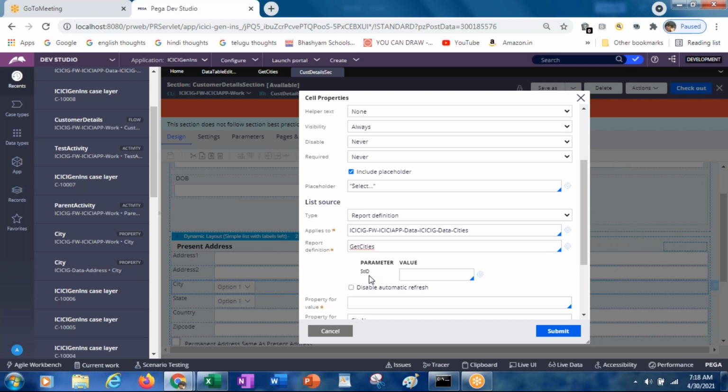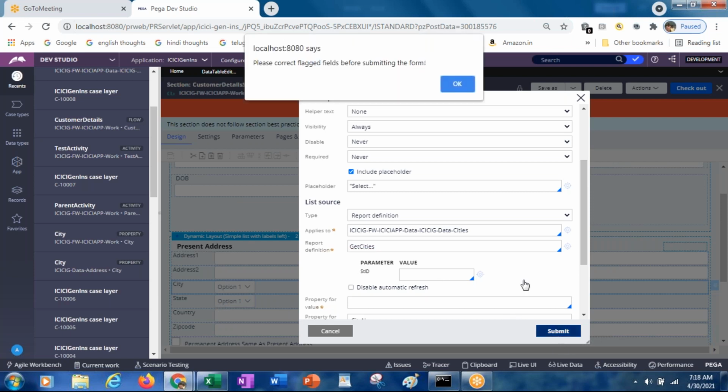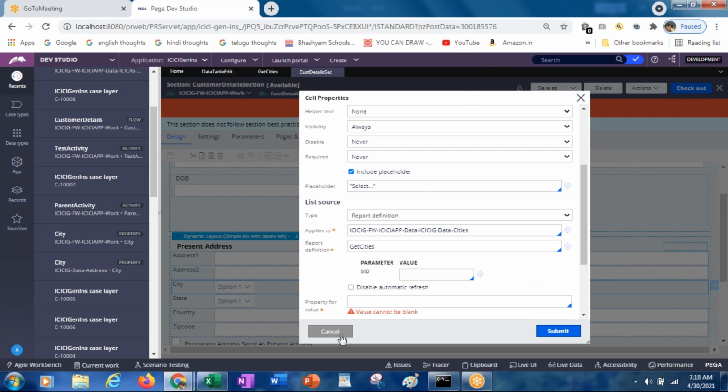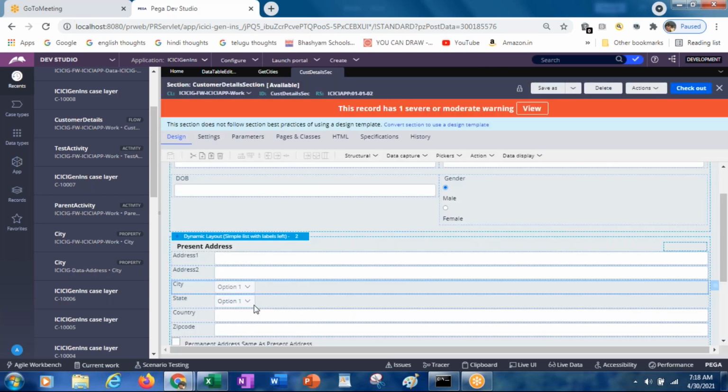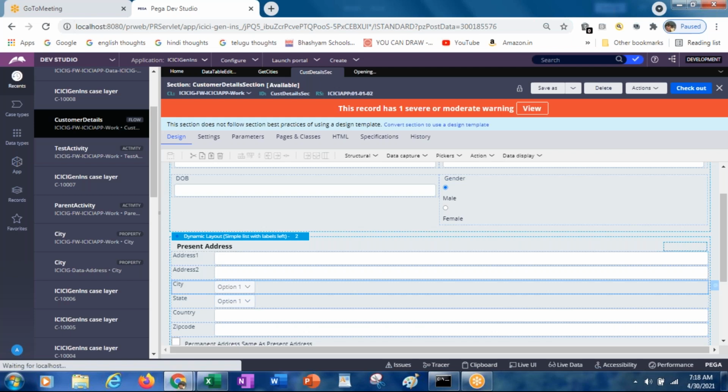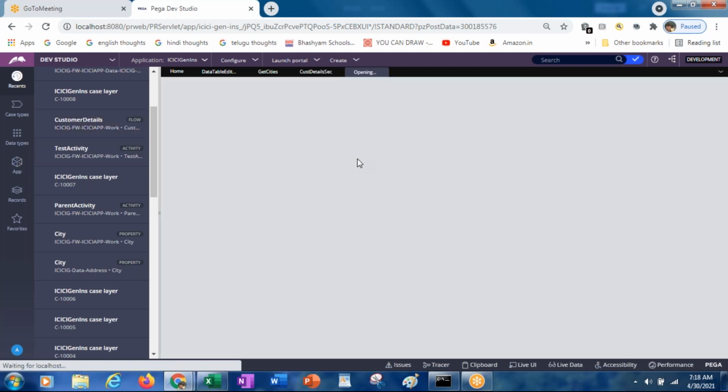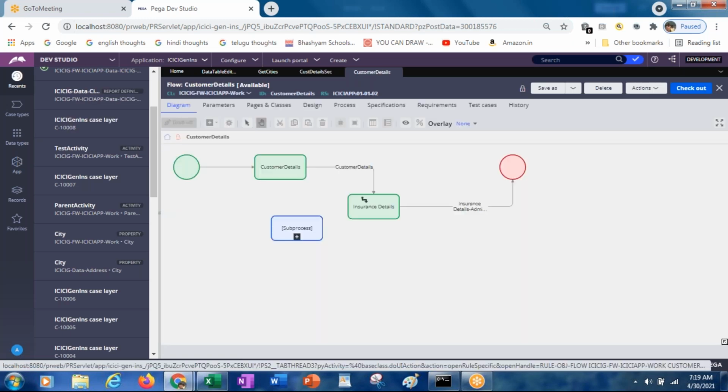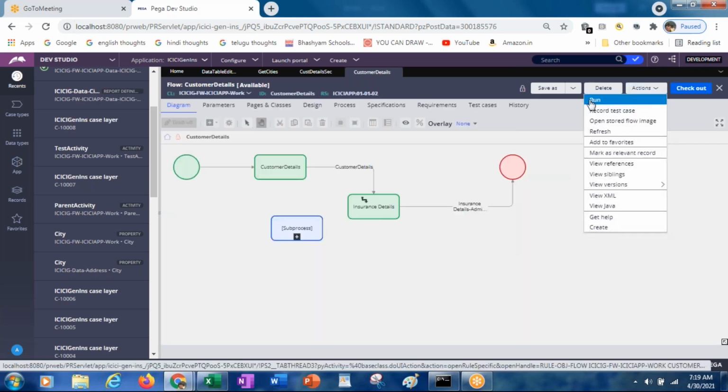STID. So what value should this STID have? The state value. So where exactly will the state value be? Jagadish, generally whenever you create a case, where exactly is the state value stored? Remember, we created a separate page class for that. Actions, run.